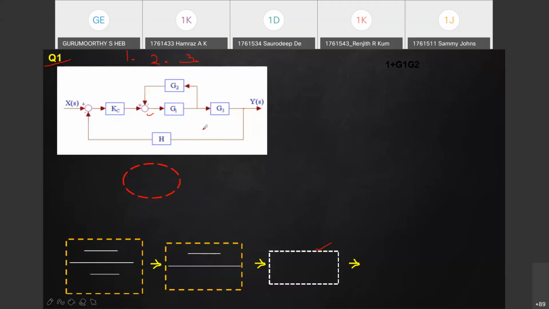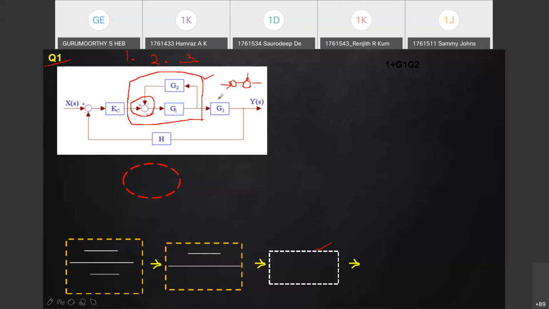Yes. So this is the independent loop. If you can see the cursor, this is the independent loop. I told you that this particular summing point, temporarily, initially, can be imagined to be split into two. You can split a particular summing point like this. And this one coming from Kc, you can put one, and another one for G2. If you do that, this particular thing can be imagined as an independent loop.